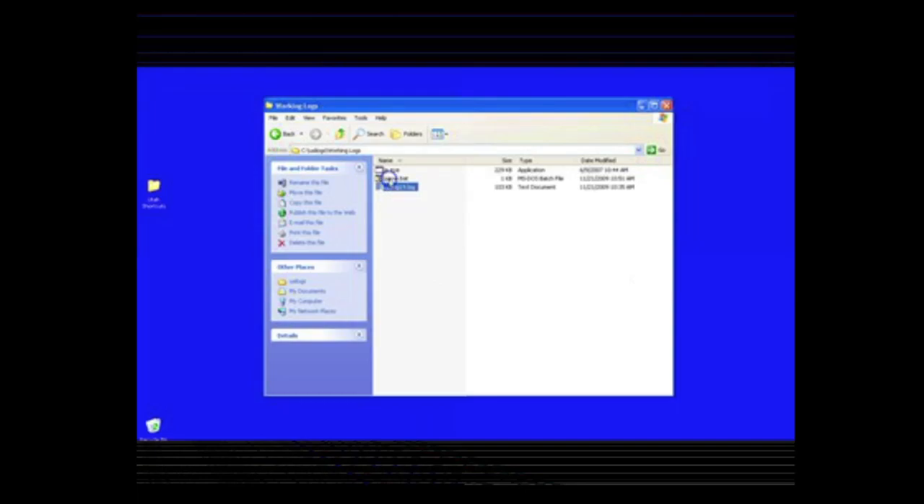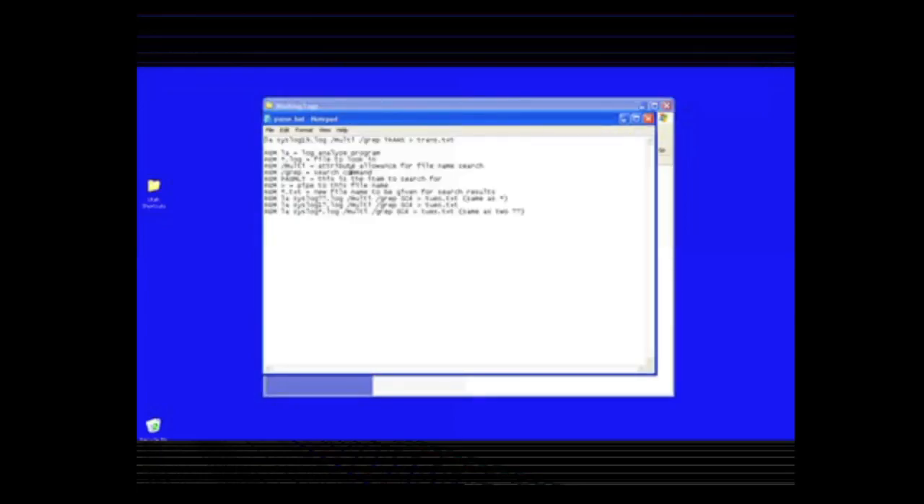Now, if you right-click on parse.bat and edit that, you're going to see a little batch file here. Actually, it's a one-line batch file at the very top line. I'm not going to explain this to you. Down here under the REMs, that stands for remark. That remarks out all of these other lines. These are just descriptions of each one of the